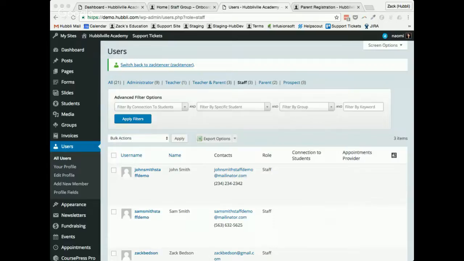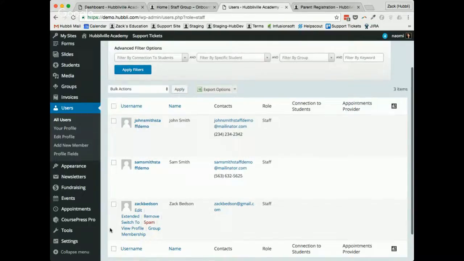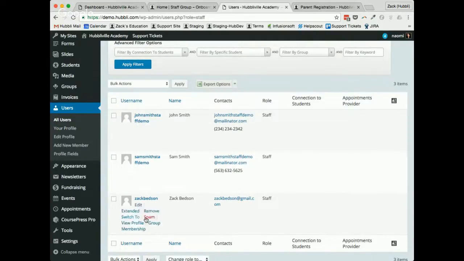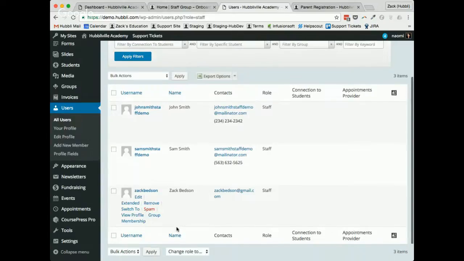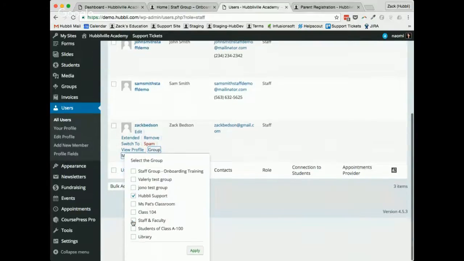So there's two ways to add a member to a group. So let's take it back over here. The first is just to hover over the name, so this user account, and click on group membership. What that does is it brings up a list of all of your groups. And if you've just created the staff group, then you're only going to see that. So what you want to do is just check it off, hit apply,